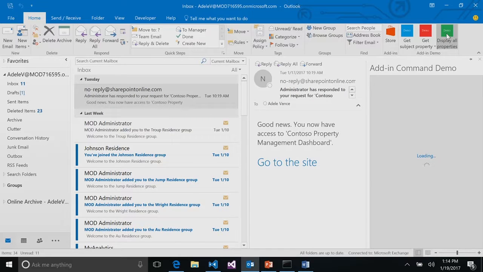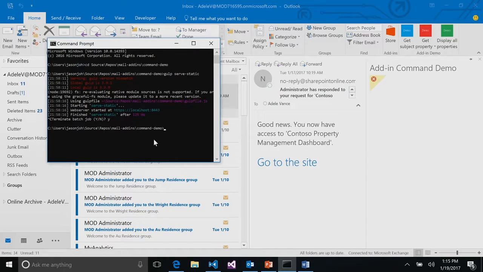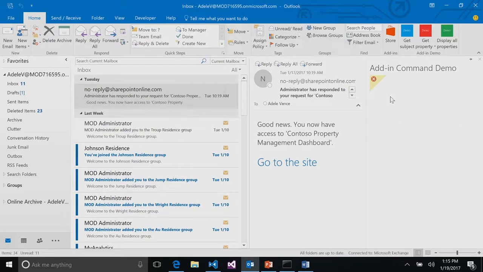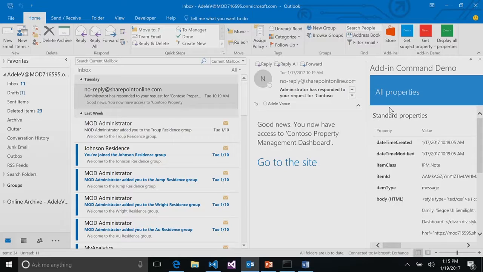So, just a basic idea. And okay, so what went wrong there? Well, I'm hosting this add-in locally on my machine, and I don't have the web server running. So that's easily fixed. I've got this code locally on the machine, and I'm just using a gulp task to run a little test server. So I'll get that started up. Okay, now we can see that it's loading.